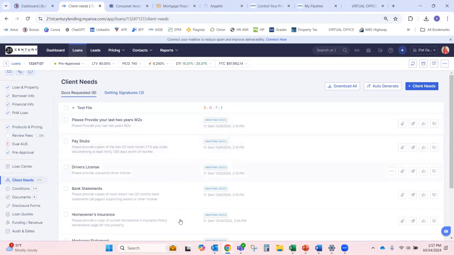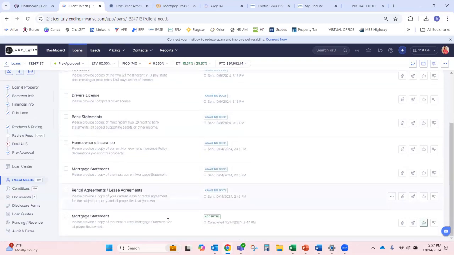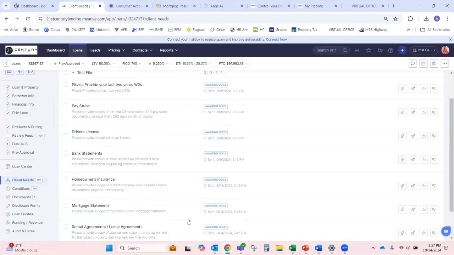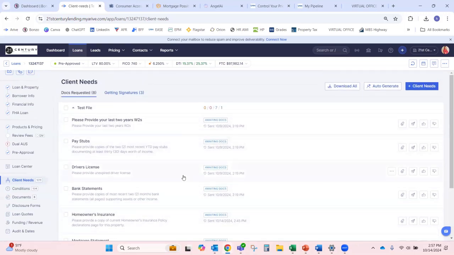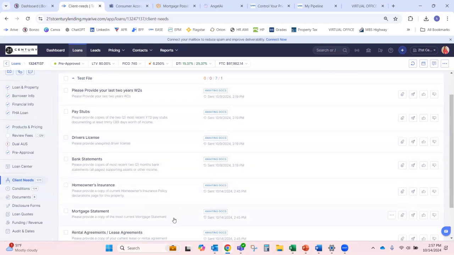Yes, it's the same thing, except the only difference is that you're not going to be able to see here what we are waiting on and what we're not. So this just gives the option for the borrower to enter their portal and directly upload it for you. This would eliminate you even uploading anything at all. And you can resend it to the borrower. So if they're still not sending you this license, keep on pushing it, you can click the little